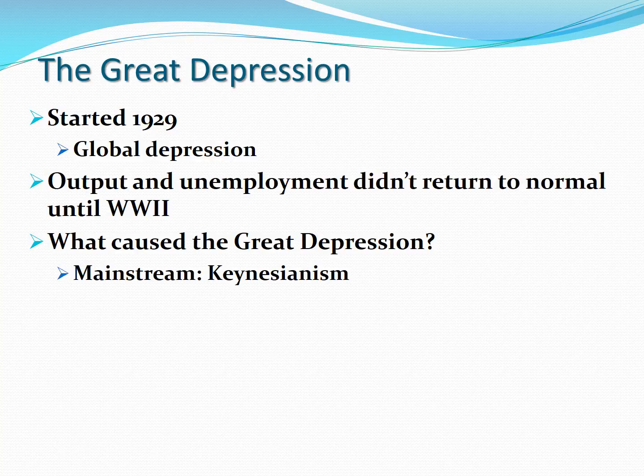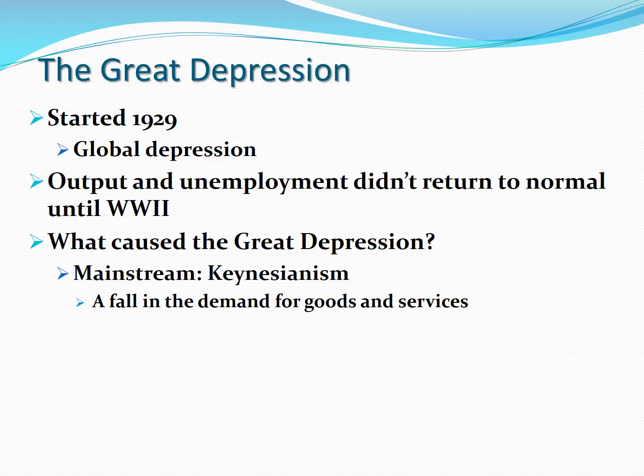Before the Great Depression, before Keynesianism, we felt that if businesses produced something, they would sell it. If they needed to cut the price, they would, but they would sell the items that they produced. And this was called Say's Law. After the Depression, we realized you also need demand. So Keynesianism adds that side of things and notes that there can be a fall in the demand for goods and services. And if that occurs, well, businesses won't be able to sell what they produce.